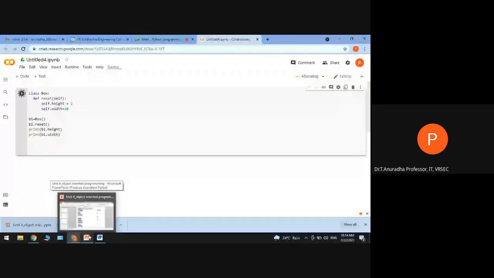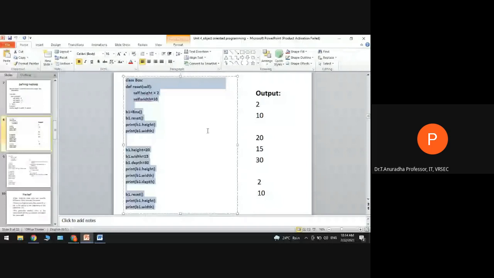It's taking time, so in the meanwhile, as I told you, because we have two variables, if I print b1.height and b1.width, it can print these two values, 2 and 10, so it will print 2 and 10.